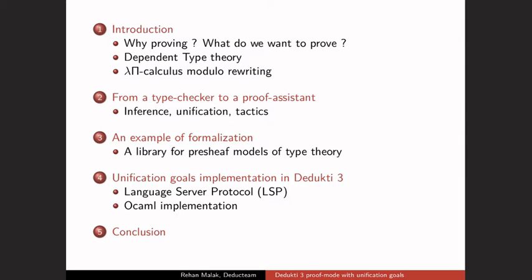In a second part, I will present another point of view, or maybe a complementary point of view, the possibility to use this particular framework directly to prove things. So I'm going to recall what a type theory-based proof assistant is and what it means. In a third part, I will give an example of a work of formalization that takes advantage of this framework.